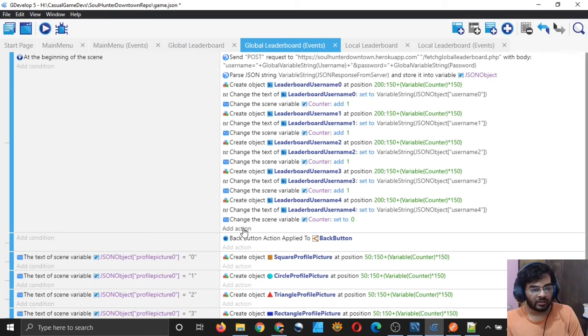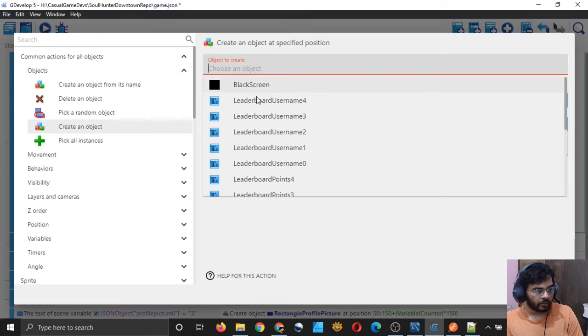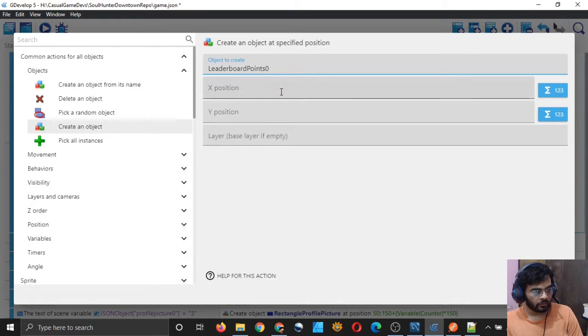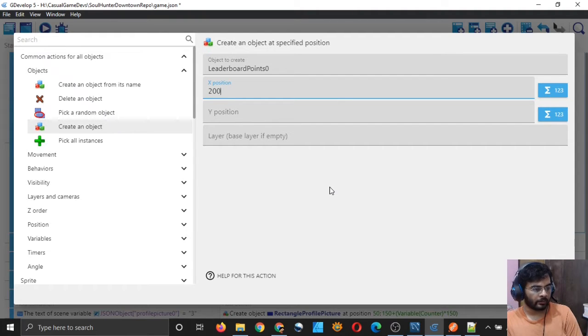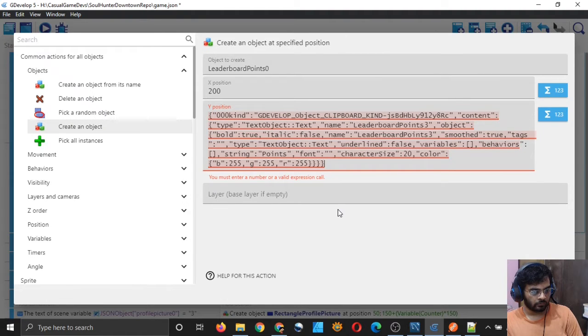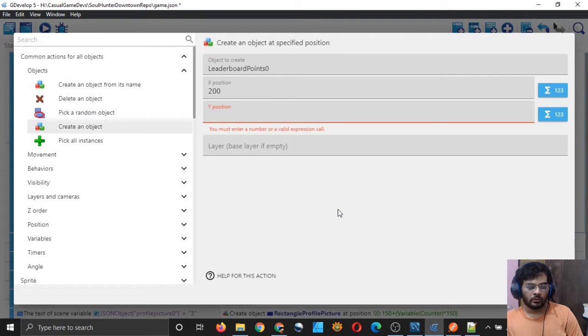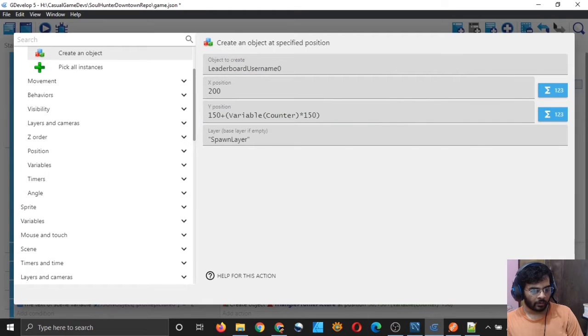Okay, I will simply add an action, common actions for all objects. Create an object, and my object is leaderboard point 0. X position is again 200, the same X position as the username. Y position should be the same thing actually, but let me copy the expression and increment it a little bit.